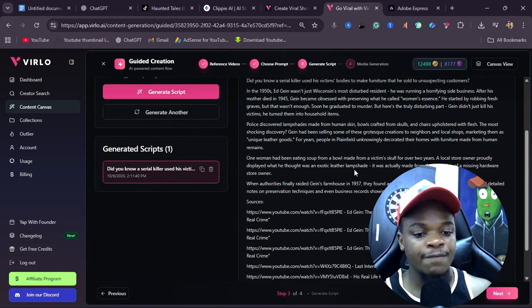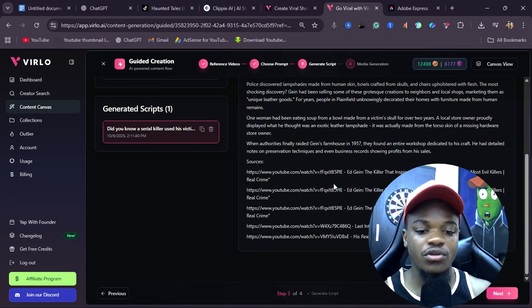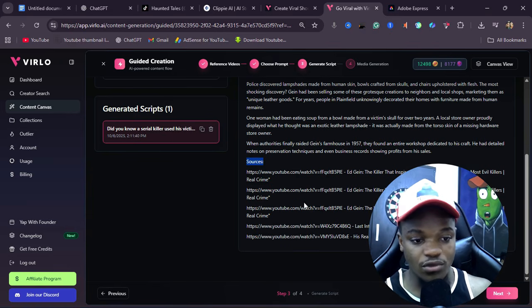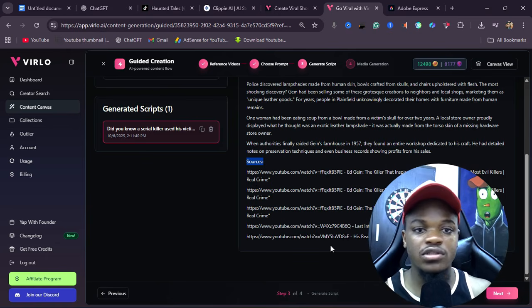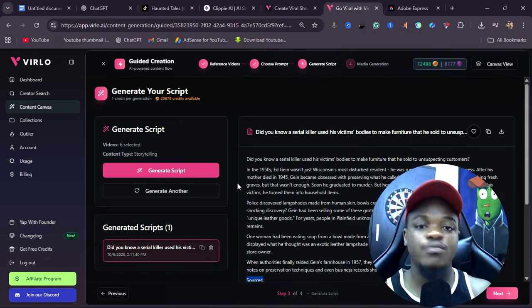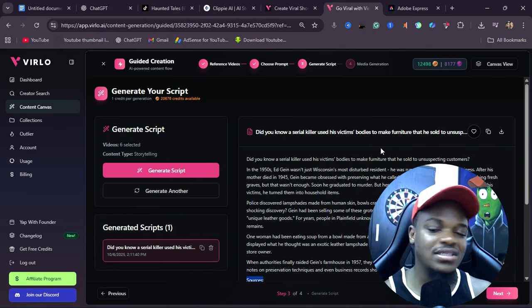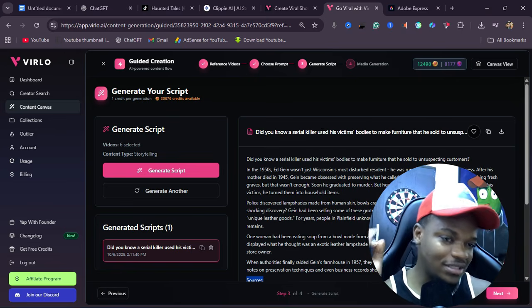tool is that it uses stories, like real life stories from the internet. As you can see here, we have sources where they got this story from. You can see they got stories from YouTube, from a YouTube channel, from different places. They find these stories for us using the idea from those videos, which is the best. You don't need to stress yourself doing this research yourself, and that is why this tool is actually one of